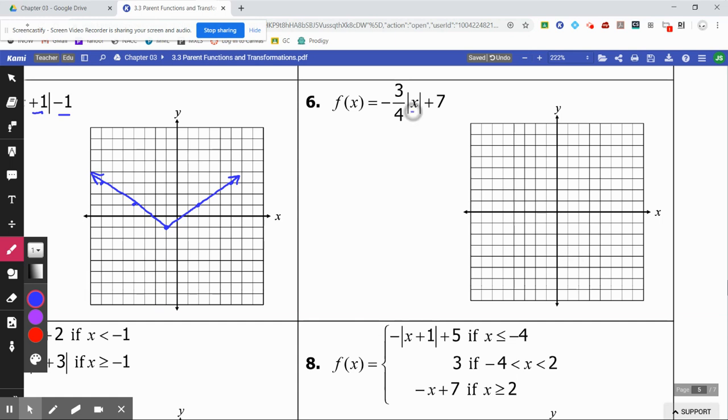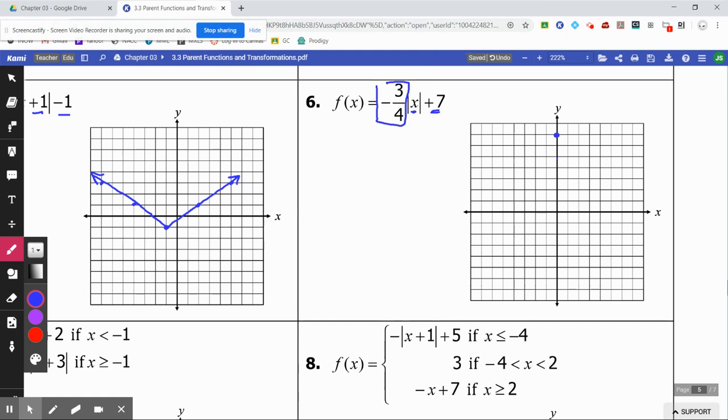Okay, it does not move left or right any. However, it does move up 7. So 1, 2, 3, 4, 5, 6, 7. There is your vertex. And now here's our slope, and it will be an upside down absolute value function because